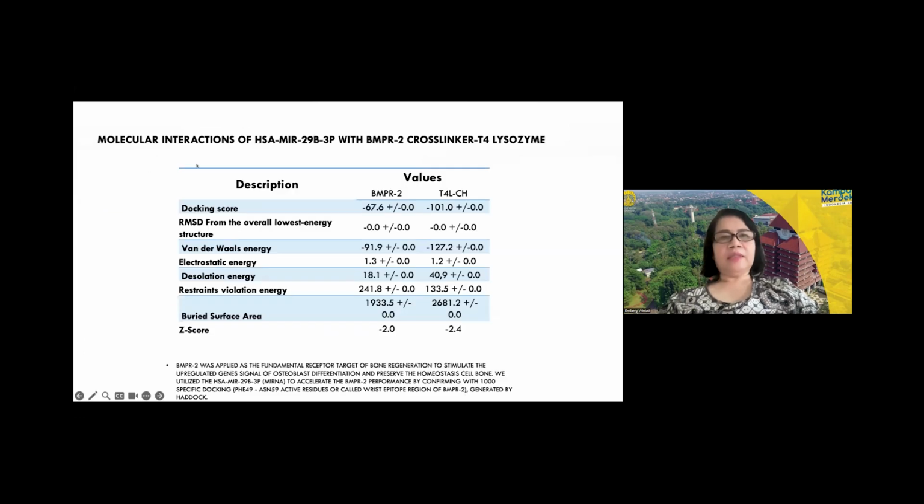So for the molecular interaction between this microRNA and bone morphogenic protein 2 crosslinked with T4 lysozyme, as we can see here, the docking score is about minus 96 to minus 101 for T4 lysozyme. And here we can